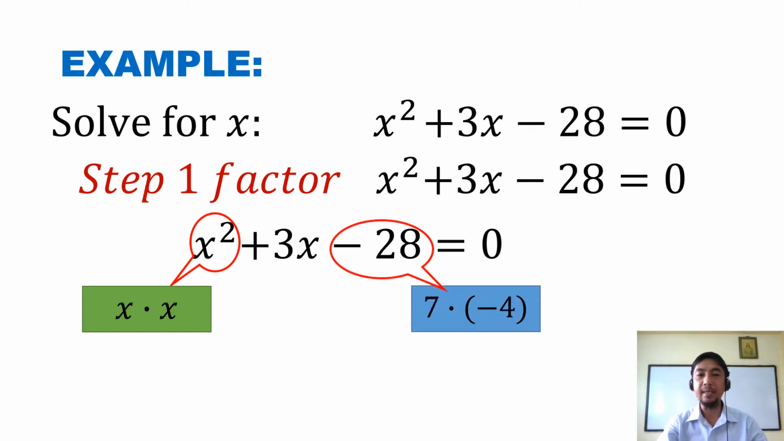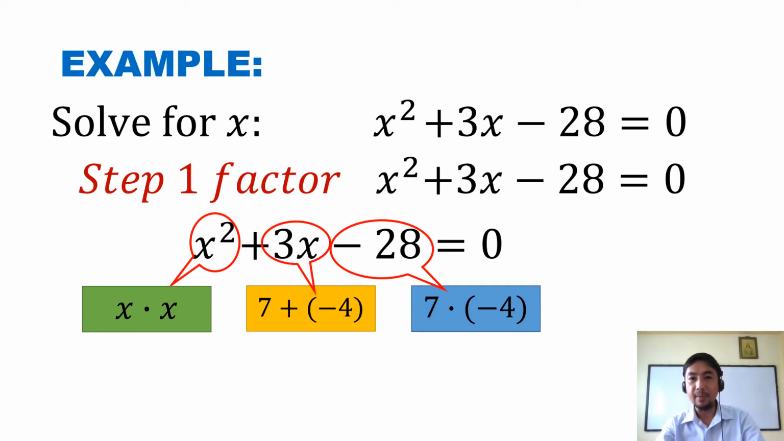And that is 7 times negative 4. Okay? And we know 7 plus negative 4 is positive 3. Okay? We know that negative 28 is just equal to 1 times negative 28. But please take note that 1 plus negative 28 is negative 27, which is not the middle